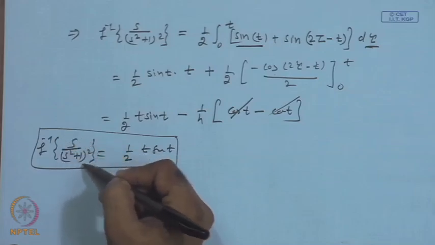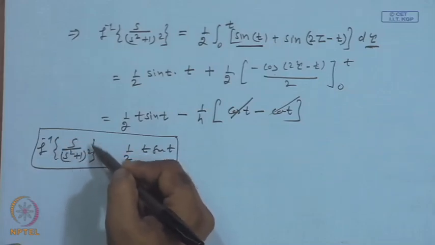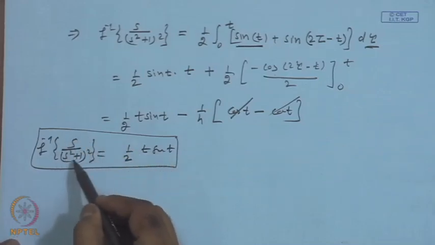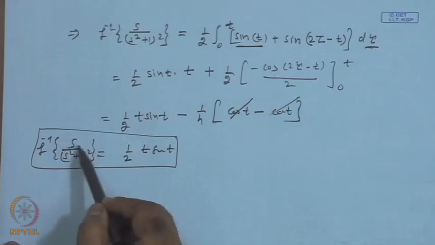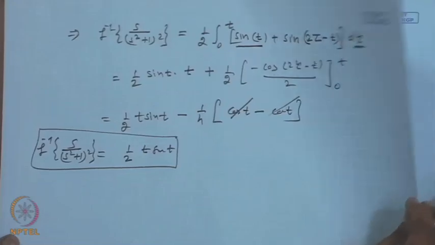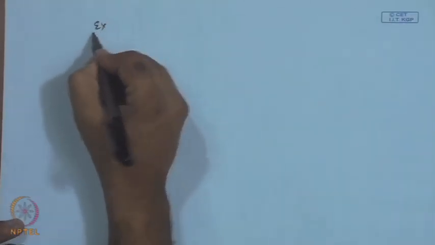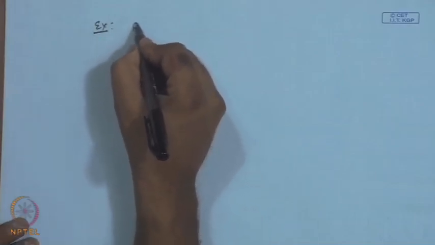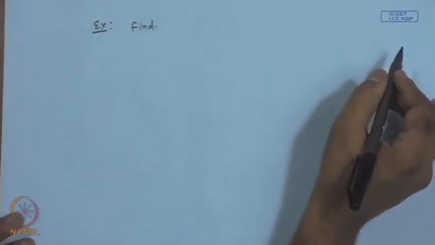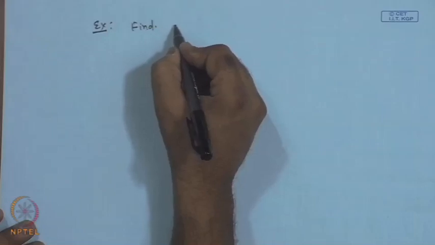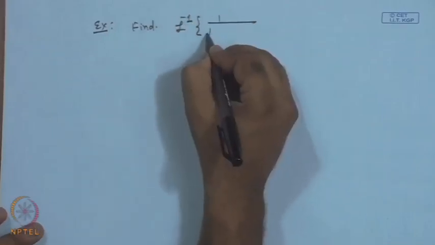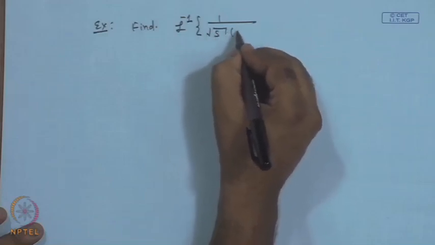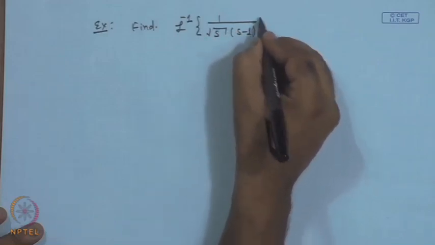So, if we see that this is the product of the Laplace transforms of two functions, then we can simply apply this convolution theorem to get the inverse Laplace transform. So, for example, if we have to find the Laplace inverse of 1 over square root s and s minus 1,